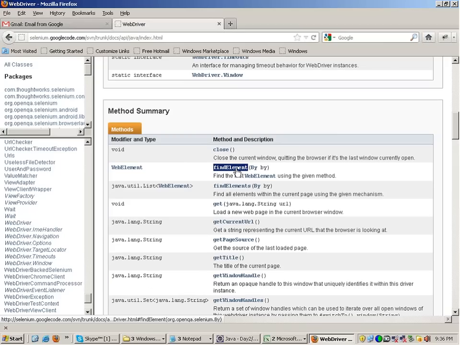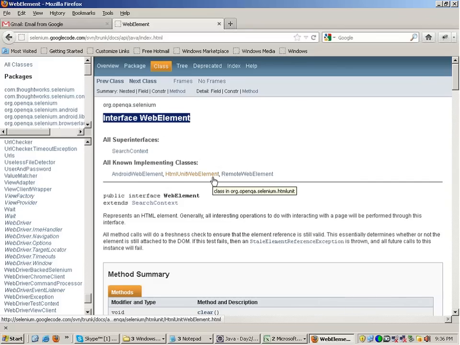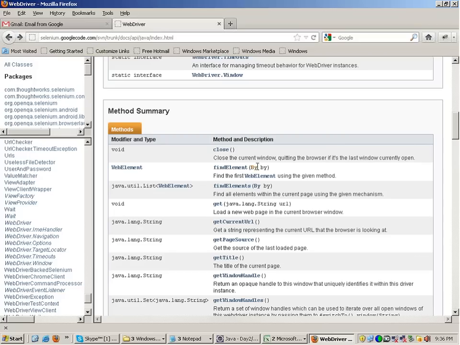Right, this find element function sends you back an object of an interface called web element. Web element is again a different interface in this complete Selenium API. In Selenium, web element is a different interface which the reference of this interface is returned by the find element